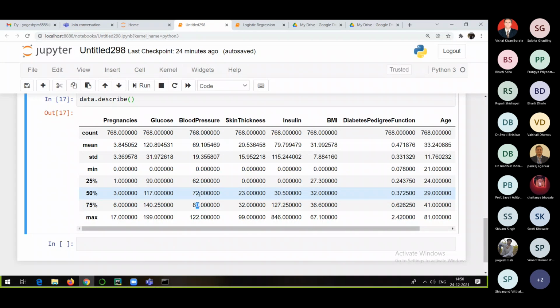If the median value, the 50th percentile, quartile 2 value, is nearer to the maximum value, that means your data is right skewed, positively skewed data. And if this value is nearer to the minimum value, it means your data is negatively skewed, left skewed data. That's what we have seen. And if it is at an equal distance from both, then we can say that it is somewhat normalized data. Right? I hope you will remember.